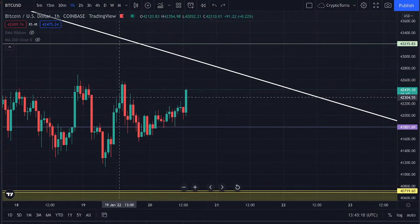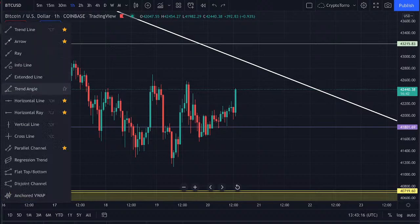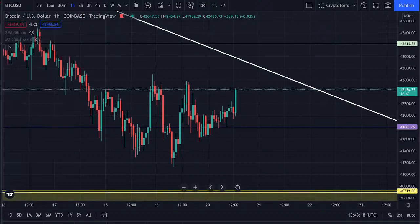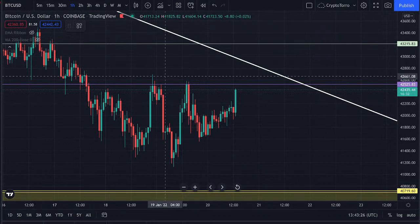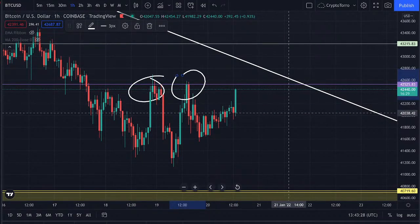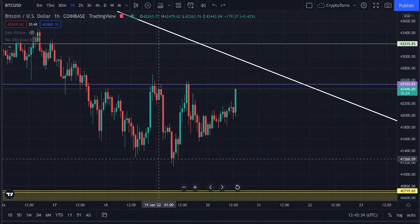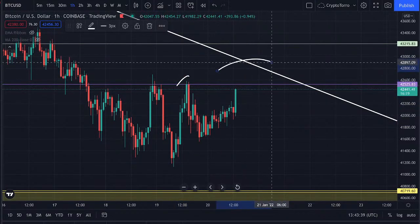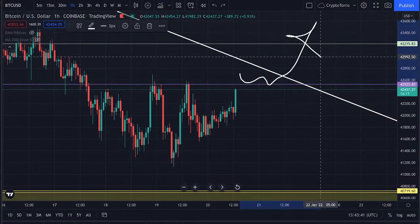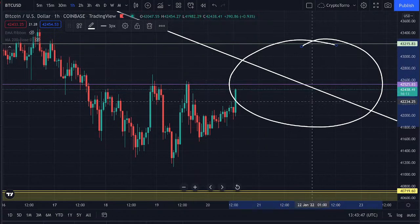I personally think, yeah, for sure, once we do break out above that range, we could see even further increase taking place. Therefore, I will be removing this horizontal line right here, and I will be placing it on top of this range. We have been already rejected twice once we went all the way towards the $42,525, and right now in the immediate short term, what we would like to see is a further increase breaking out above this area, creating a higher high, and eventually seeing a further continuation towards the upside, perhaps even seeing a breakout occur above this descending